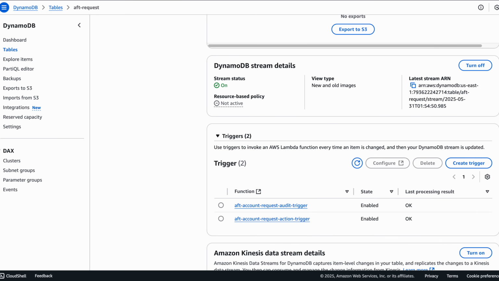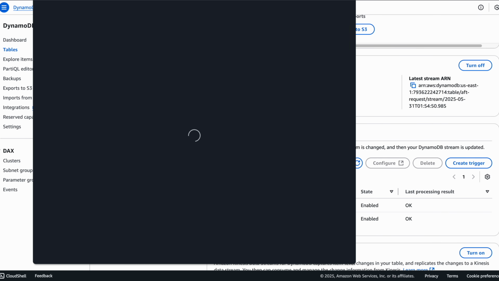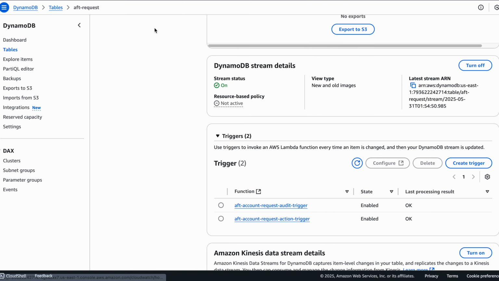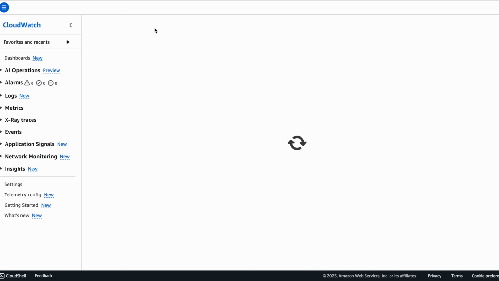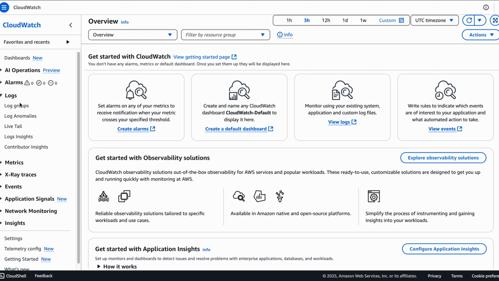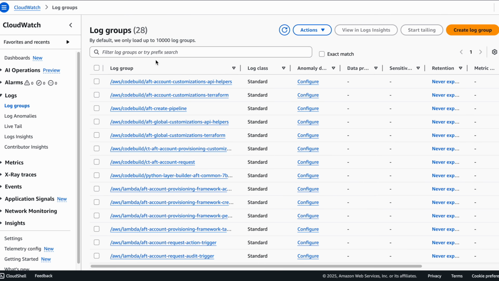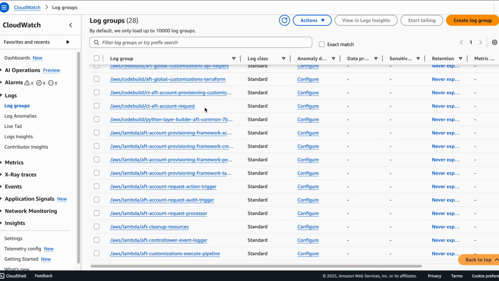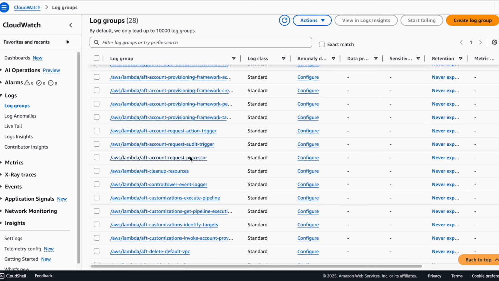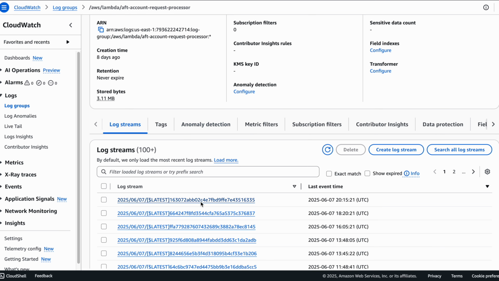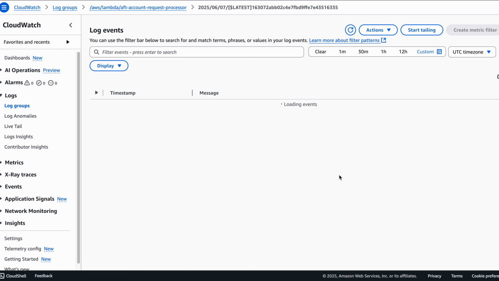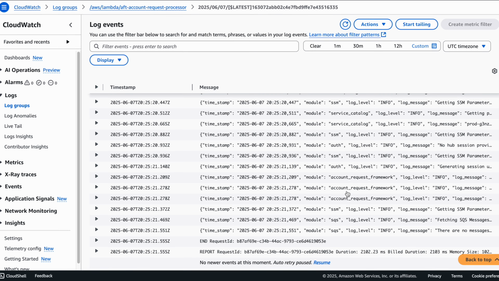And if anything is failing, because when you are initially trying it, it could fail for any reason, all the logs go there. So if you go there, you will see all the related logs. If it is failing in the request processor, you should be able to see that something is failing there. Okay, so here you can see SQS messages and everything. So make sure that you check the logs if you see that the account is not getting created.